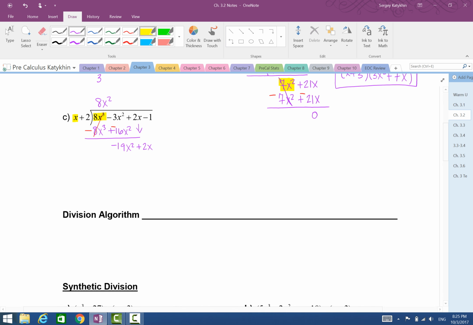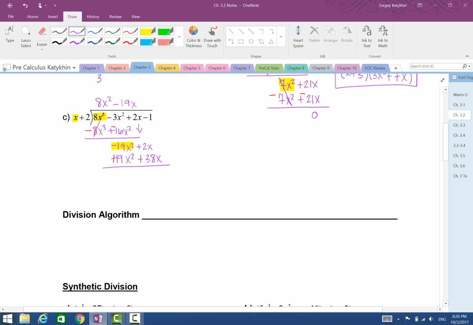Now let's go ahead and again we're looking at the first term compared to the first term, which is the x. So what do I have to multiply x by to get negative 19x squared? And the answer to that is going to be negative 19x. So now I would have to multiply negative 19x by x to get negative 19x squared. And also negative 19 times 2, positive 2, would be negative 38x. Now going back and adding this, and since this is negative, I'm also going to add that and then